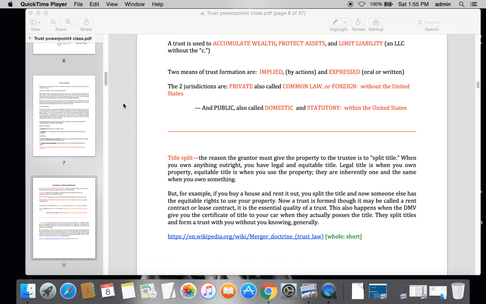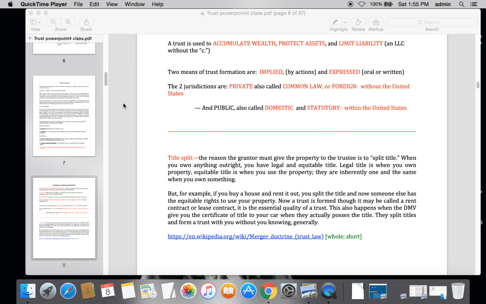However, the judicial system of your state is the trustee of the real title of your car, which is called, I forgot what it's called, the manufacturer statement of origin. I think this is the MSO, and that is when the car is created or is imported into the U.S. That MSO title is the original title. The DMV keeps that, or the state keeps that.